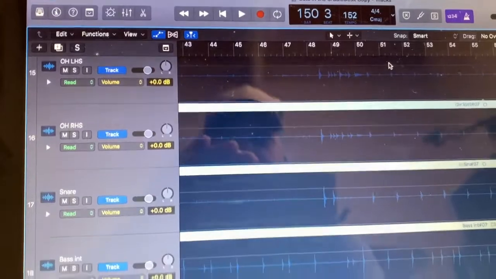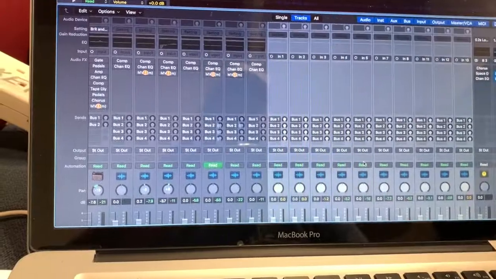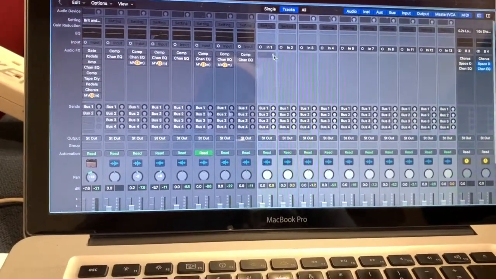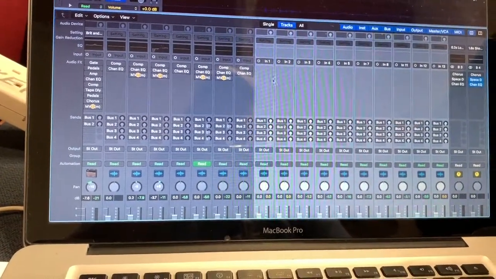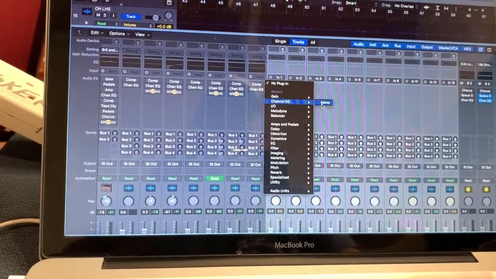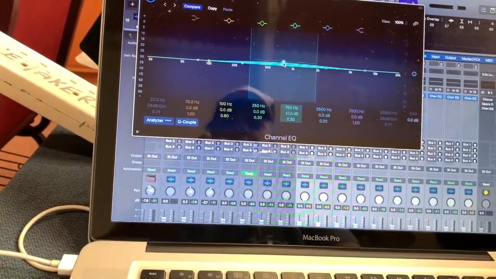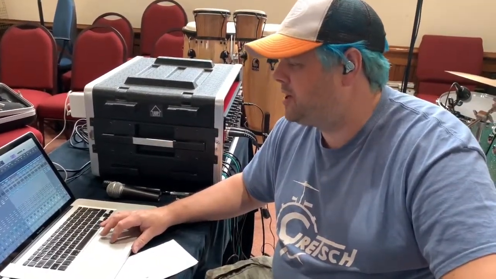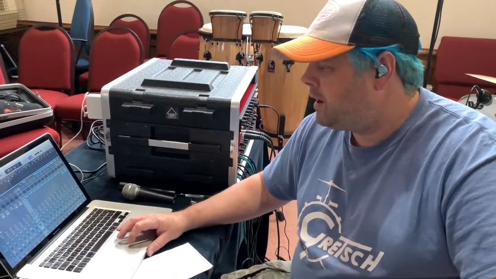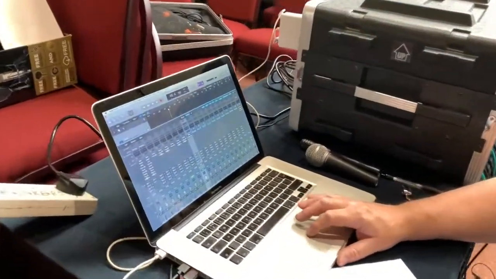On this, if I press X, it brings up my different channel strips, and then I can start to add in things like channel EQ. And that'll give you something like that, which then lets you mess about. Once you get into your DAW, you'll find a host of what's called plugins that you add into your channel strip. Now, one of the things that, if you can focus on this, so this was one of this section